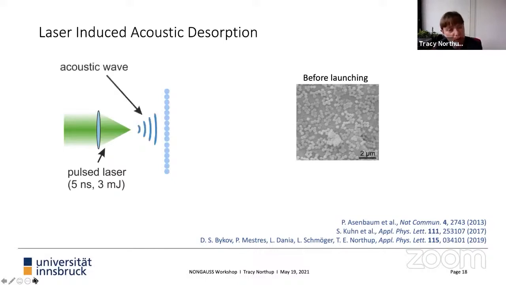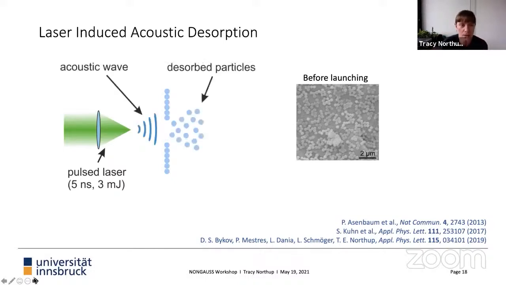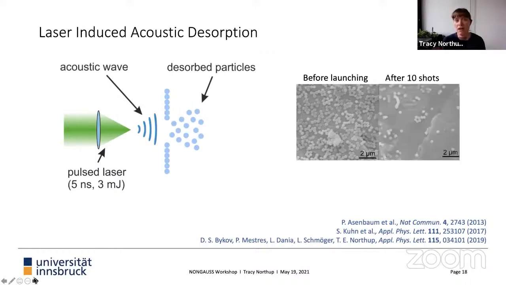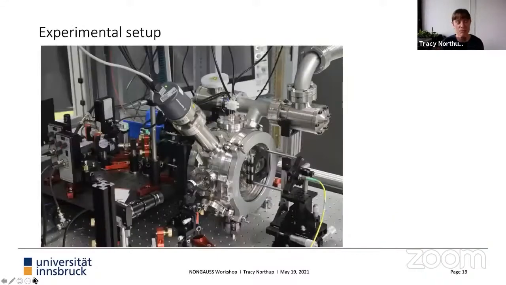And then there's an acoustic wave that's generated in the foil. And so particles are desorbed from the other side of the foil via this acoustic wave and are launched in the direction of our ion trap. And so we can check that by taking some microscopy pictures. And here's a picture where we put the particles on the foil and check to see that there actually are particles that have been absorbed onto the foil. And then after we use this pulsed laser to desorb the particles, we verify that the particles are in fact not there anymore.